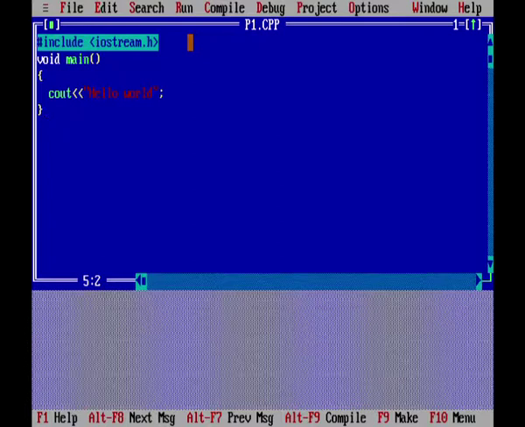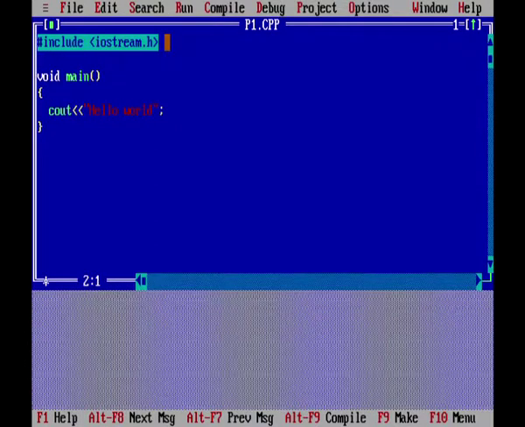When we executed this program, immediately after displaying hello world on the screen, the control came back to C++ IDE. So, I was not able to view the output of my program. Now, let us see what change can we make to see the output of this program. Here we include another header file. Now, from this header file we shall use a function getch.